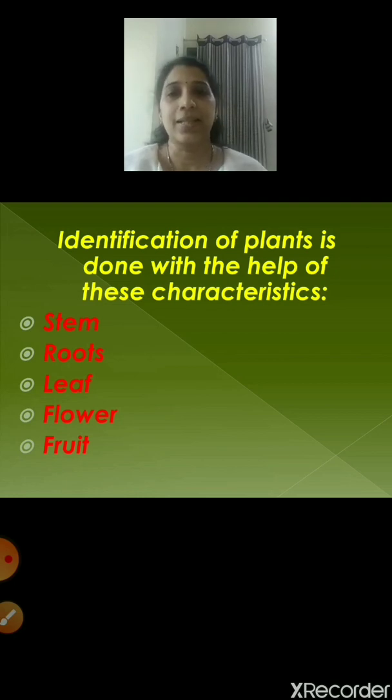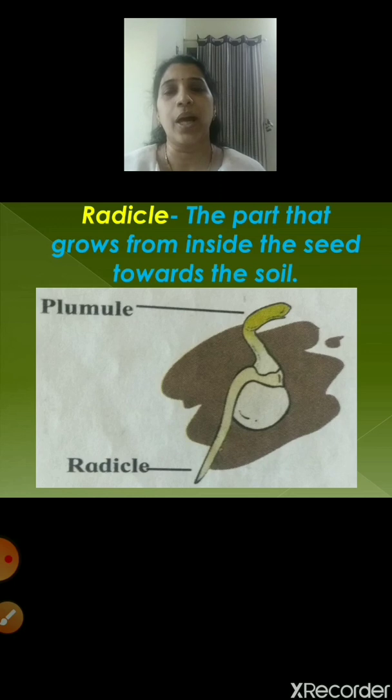So now let's see what in this chapter we are going to read about. The first part is about the root, right? So students, you might have seen that your mother, before preparing the matki bhaji or the moong bhaji, soaks these seeds in water overnight. The next day she drains away the water and puts these seeds in a moist cloth. Again she keeps it overnight. Again the next day when she removes it, you can see the sprouts come from the seed.